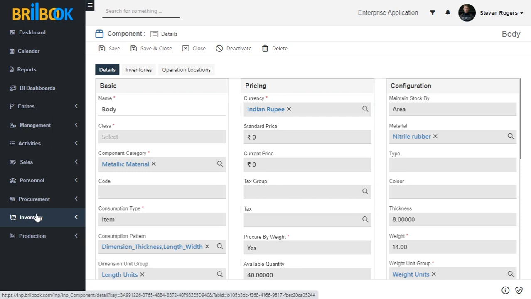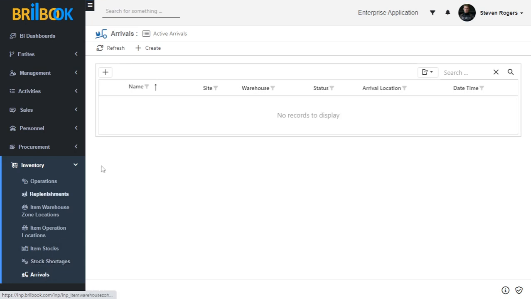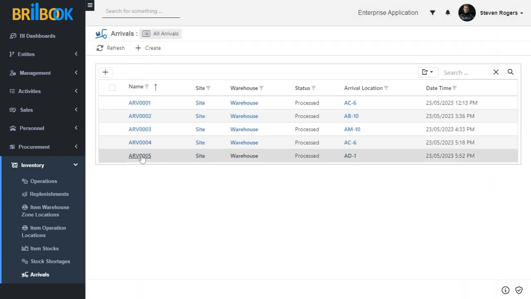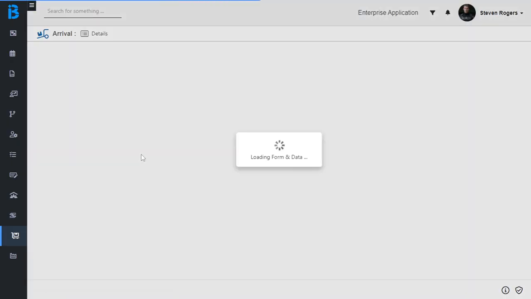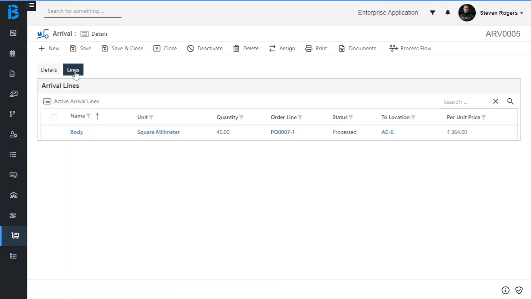And to check the purchase order status, click on inventories, click on arrival, select query as all arrivals, click on arrival record, click on lines tab,